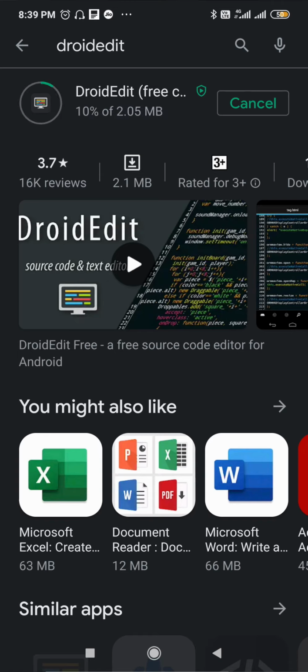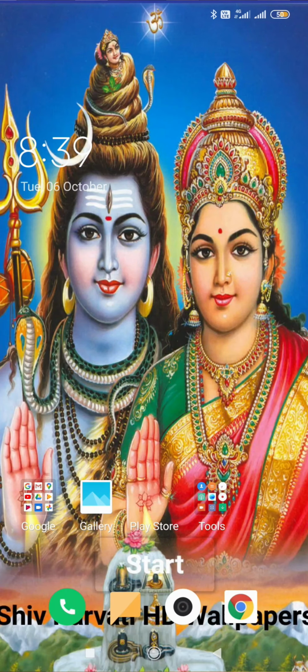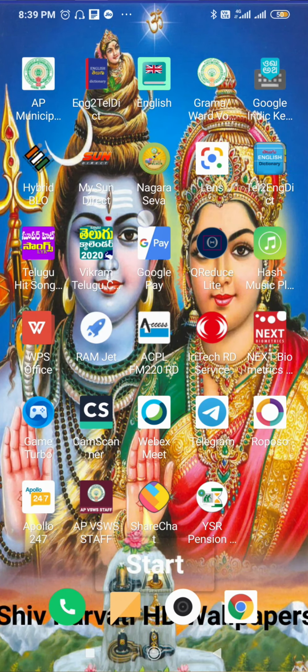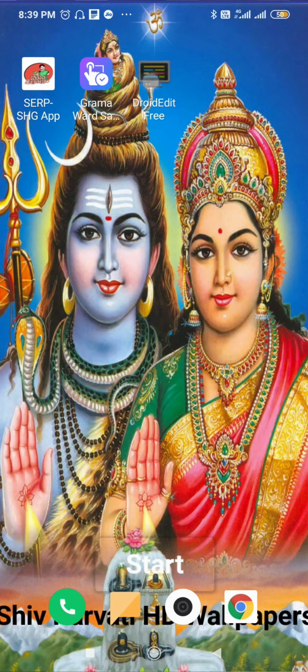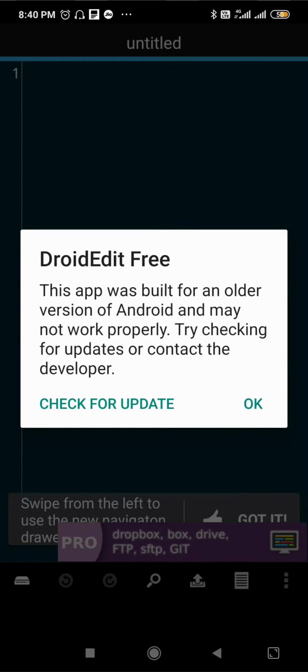After its installation, you have to open this application. Let me quickly do that. So it will be like this. Whenever you have installed, you have to click on this one, and after that you have to give it access to use your storage. That is a very small thing, there's nothing inside that one. You have to give the permission. There is nothing to do with that one.